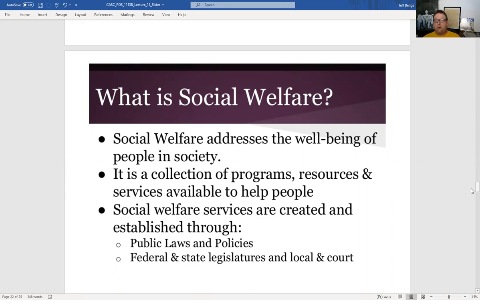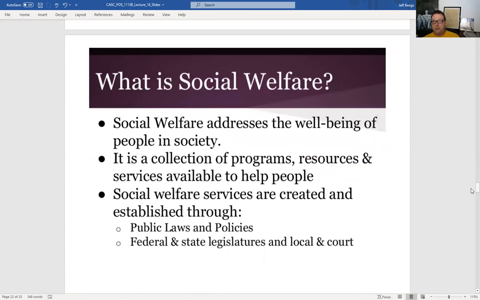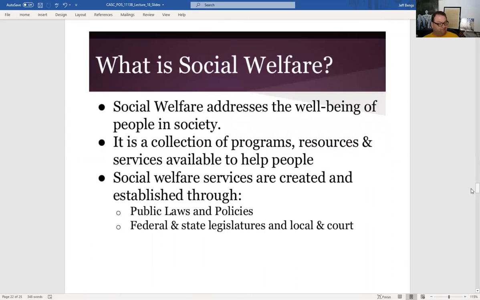So a lot of these programs that were designed are what we call public assistance programs, right? They're designed to assist the public. But not everybody is eligible to receive assistance. You have to pass what's called, and this is on page 488, you have to apply and pass a means test.